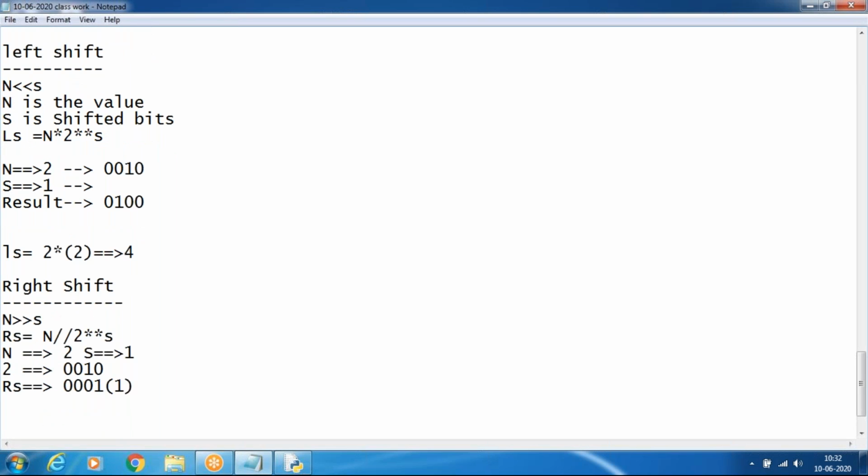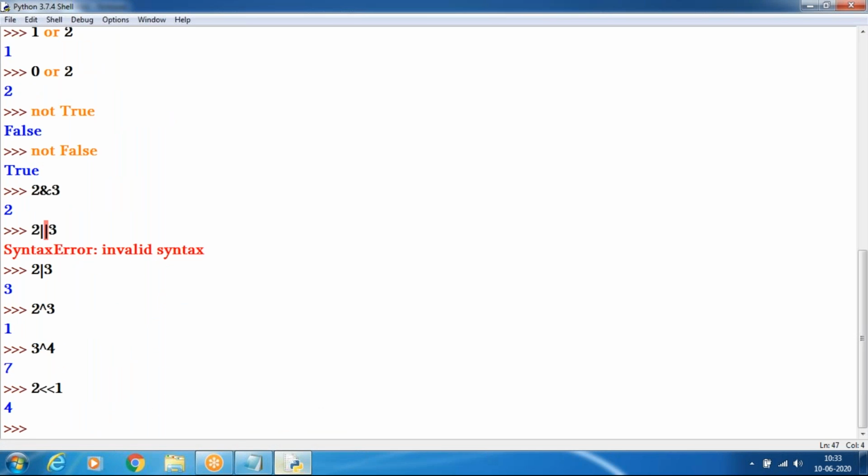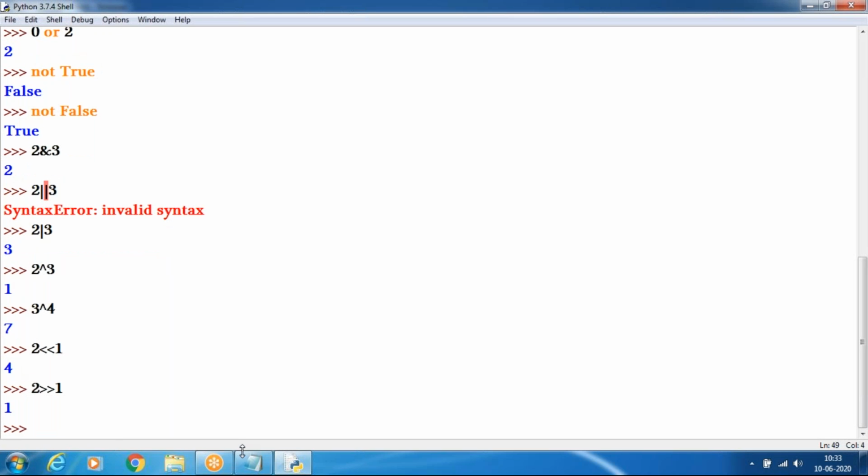In the formula, right shift equals n value 2, floor division 2 power s, where s is 1. So 2 power 1 is 2, and 2 by 2, the result will be 1. We'll see it in a practical way. So 2 right shift by 1, the result is 1.